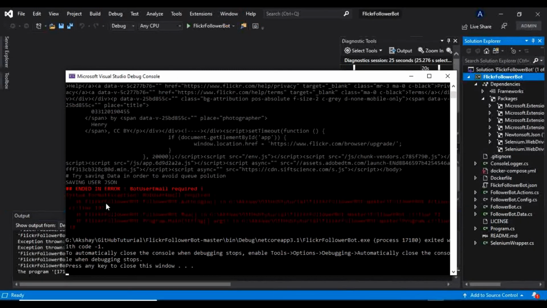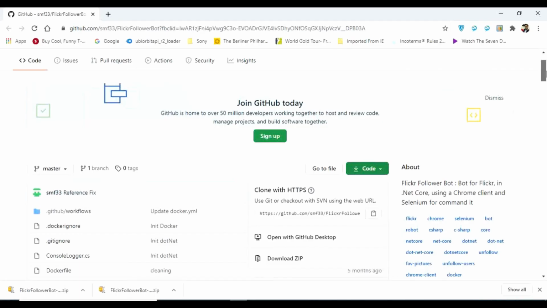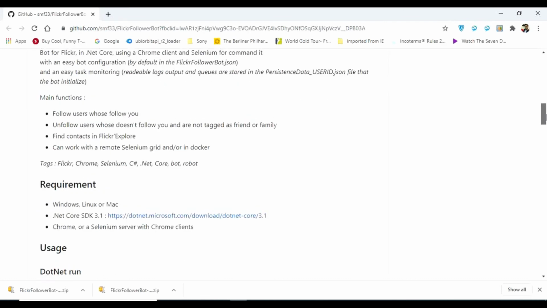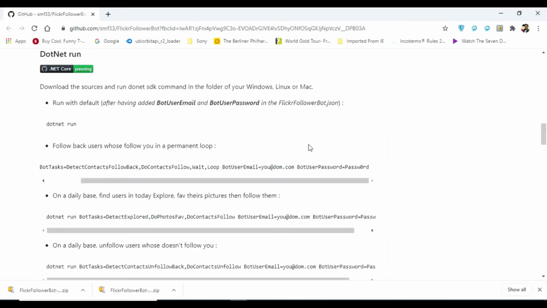There is one problem. It says there is one error: bot user email required. For that, just go to that repository again, and here they have provided a username as well as a password. Just take this username, that is the bot user email.